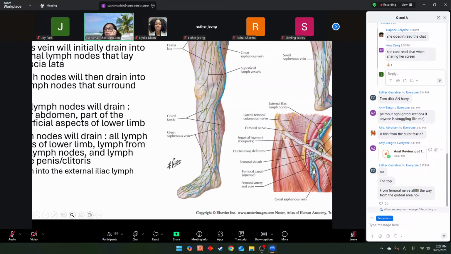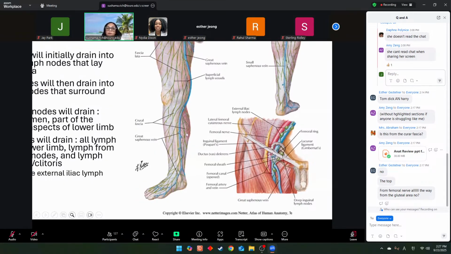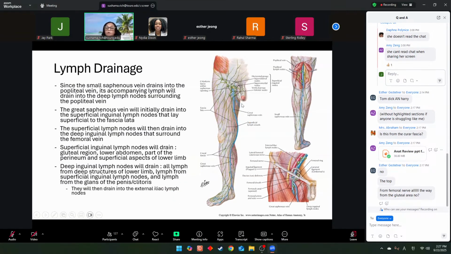I'll show you a picture right here. Here is the femoral vein. This is the great saphenous vein draining into the femoral. And so along the femoral vein, there are deeper group of lymph nodes. All you have to know is very, very simple for lymphatic drainage for now, for lower extremity. The lateral side of your foot, right? Lateral border of your foot and the calf, this whole calf here,